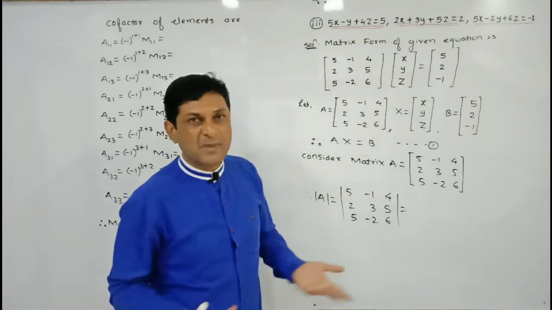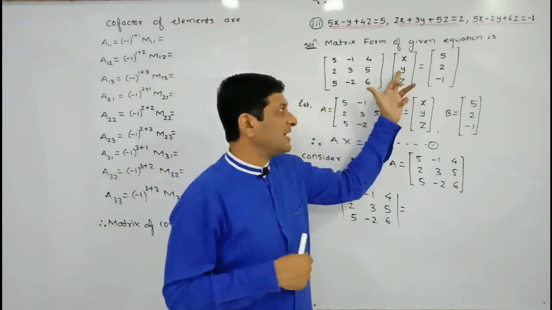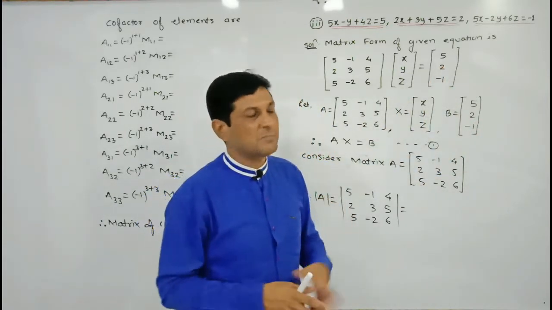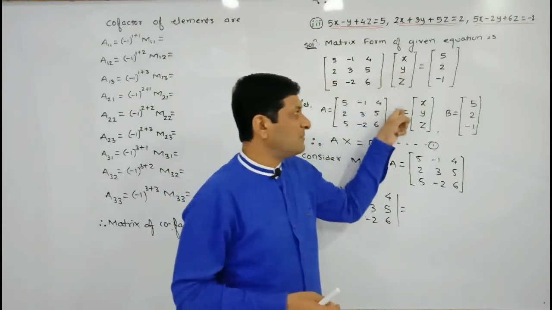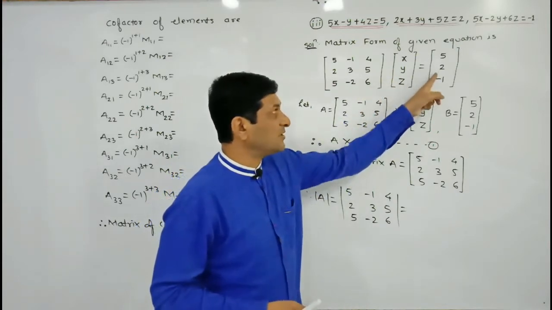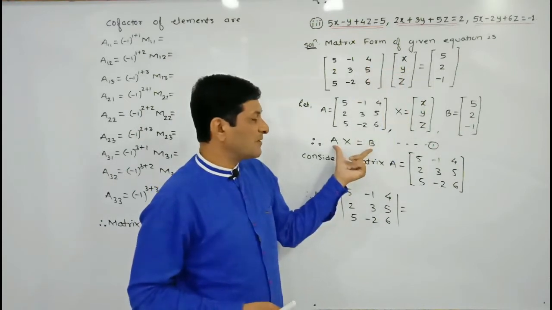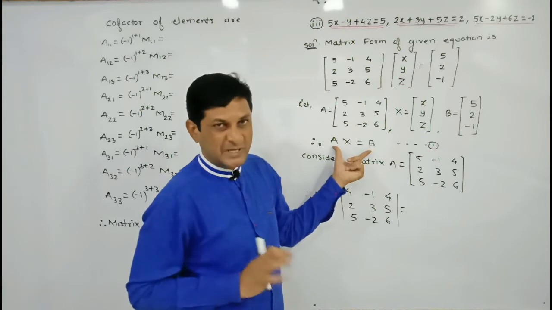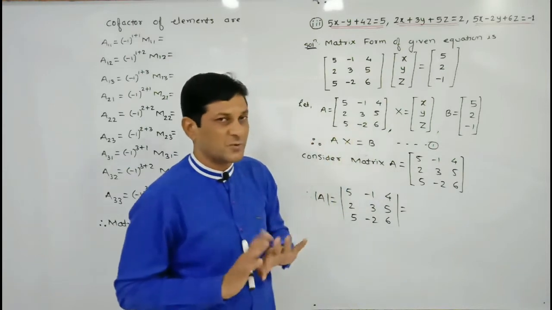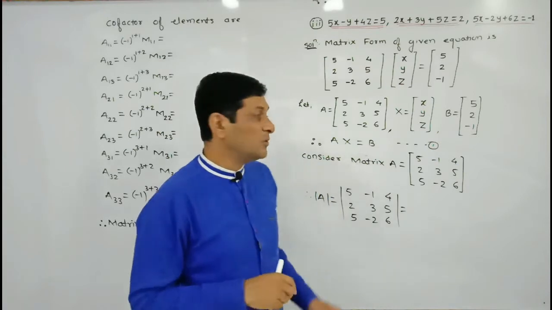Once the equations are written in matrix form, we already know that we denote the first matrix by A, the second by X, and the third by B. You are able to denote these matrices by any capital letter, but here I have denoted the first by A, second by X, and third by B. So if we substitute this in the equation, we will get the new equation AX is equal to B. A means this first matrix, X means this second matrix, and this matrix we have denoted by B.